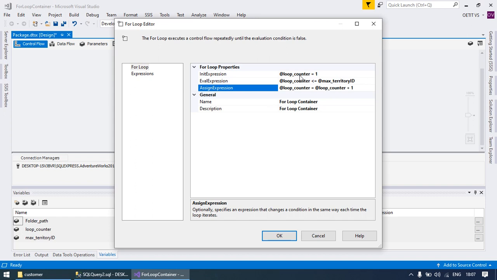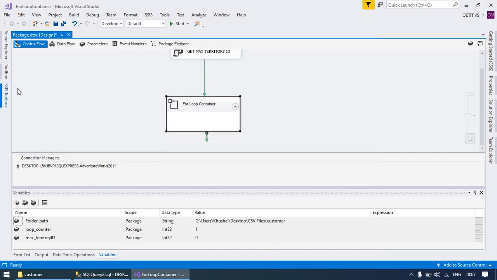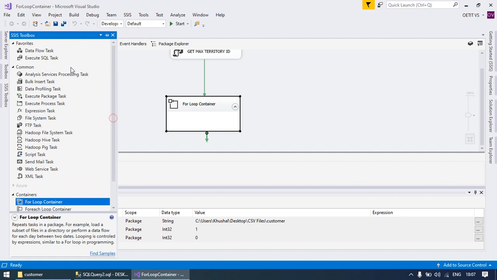So the loop counter at the start will be 1, it will increment by 1 and reach up to the max territory ID, which is 10 in our case. So click OK. Now take a data flow task for further processing